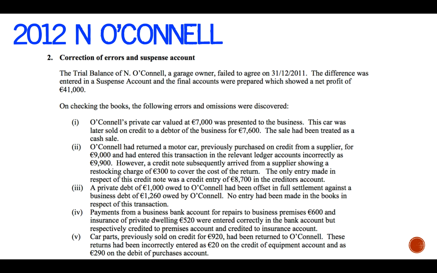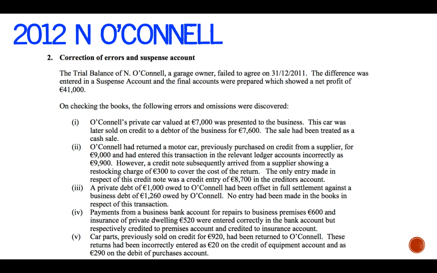So number 1, O'Connell's private car, valued at €7,000, was presented to the business. This car was later sold on credit to a debtor of the business for €7,600. The sale had been treated as a cash sale. Number 2, O'Connell had returned a motor car previously purchased on credit from a supplier for €9,000 and had entered this transaction in the relevant ledger accounts incorrectly as €9,900. However, a credit note subsequently arrived from a supplier showing a restocking charge of €300 to cover the cost of the return. The only entry made in respect of this credit note was a credit entry of €8,700 in the